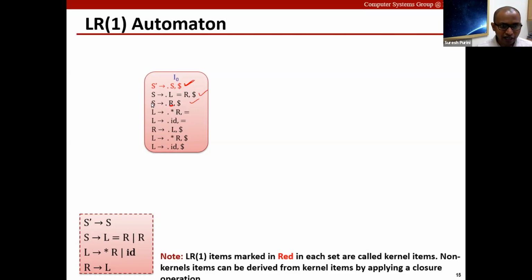And the story that gets unfolded here from this LR1 item is that we are anticipating a string that is derivable from R, that is derivable from L followed by dollar.